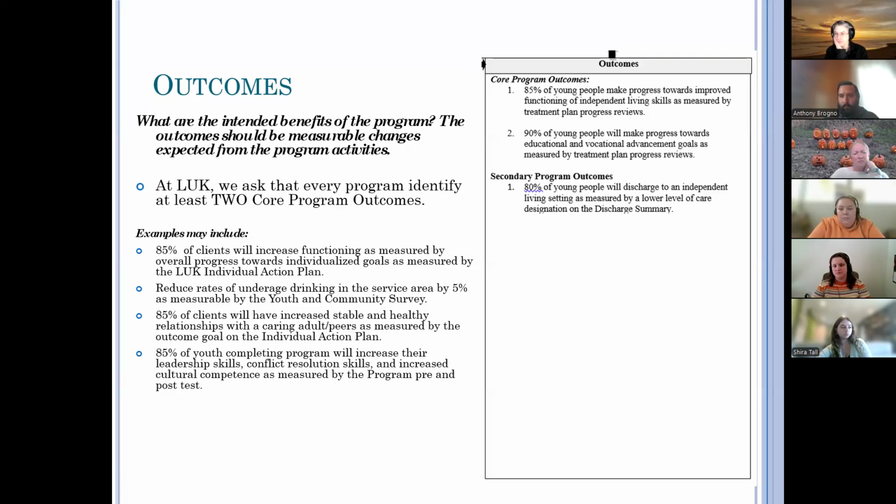Sandy, is our YCS available, like, can we provide the regional data? Right, the regional data. It is limited data. It's not going to talk about nutrition, Anthony, if that's what you were looking for. But if you're looking for north central data for drinking or marijuana or violence, that could be a helpful tool.